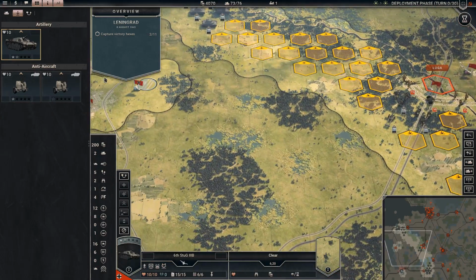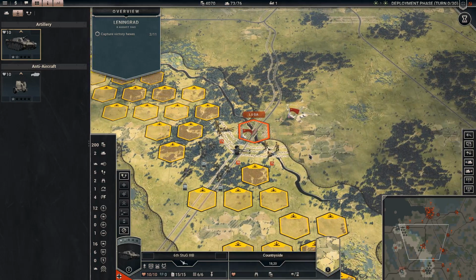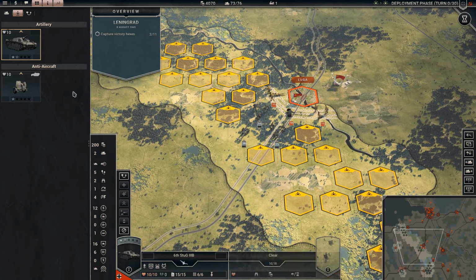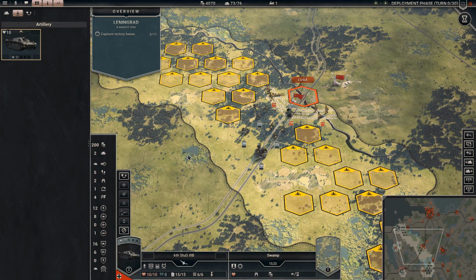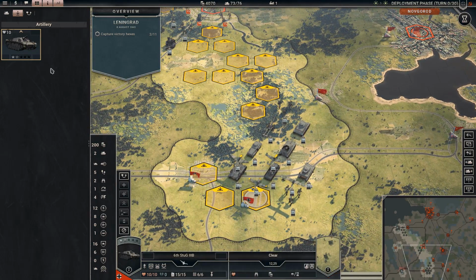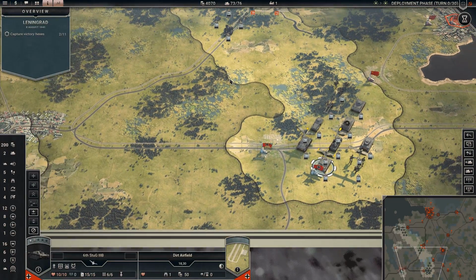I have anti-air there, and I'll put the Flakvierling here, and one here. Now, again, you don't want the Stug in close terrain, but only in open terrain, so I'm gonna put the Stug actually over here as well. Alright, that should...